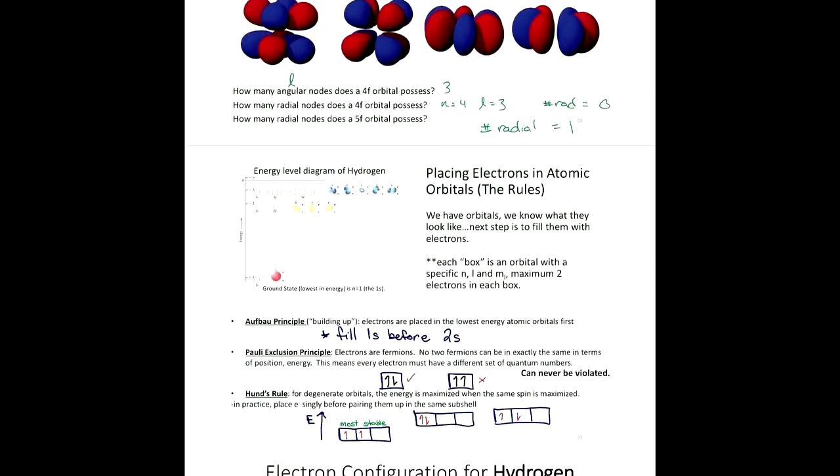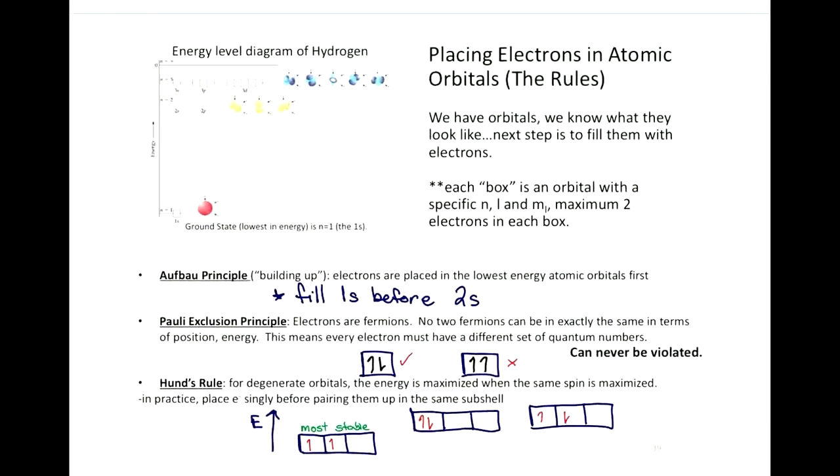All right, so those are radial nodes. Okay, so we talked about the 3 quantum numbers, N, L, M sub L, and then the fourth one is M sub S. That allowed us to put 2 electrons in a box, all right? Because we're one step closer to actually putting electrons in boxes, but we need to follow some rules. So if I give you energy levels, if I give you the number of electrons to place, you can place those electrons as long as you follow these rules.